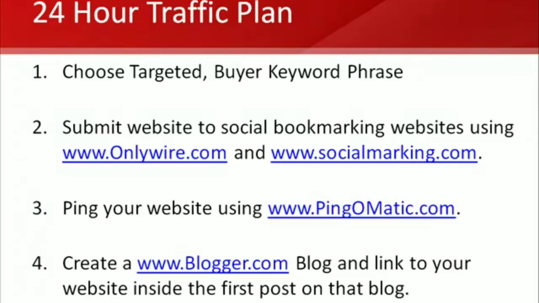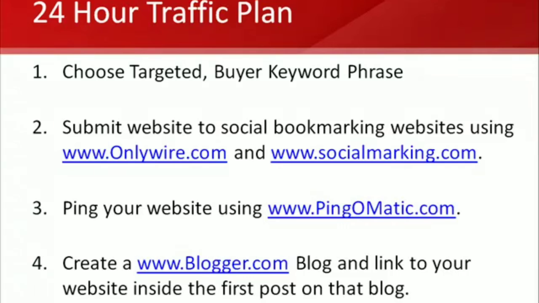Now in the title of your blog, you obviously again use your keyword phrase where it's going to ask you to name your blog or title your blog. You put in your main keyword phrase there, and what that's going to accomplish for you is it gets your keyword phrase in the right spot so the search engines can pick up your blog, and it also helps basically tell the search engines that the content on that site is going to be relevant for that topic, and that will not only help that site come up in the search engines, but it also is going to help give that link that you're going to be sending to your website,